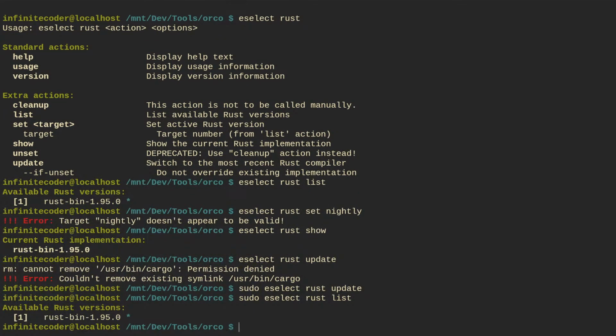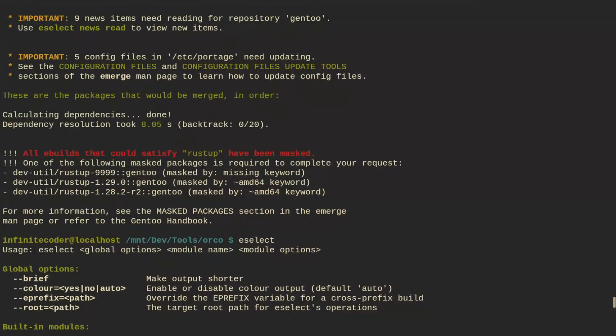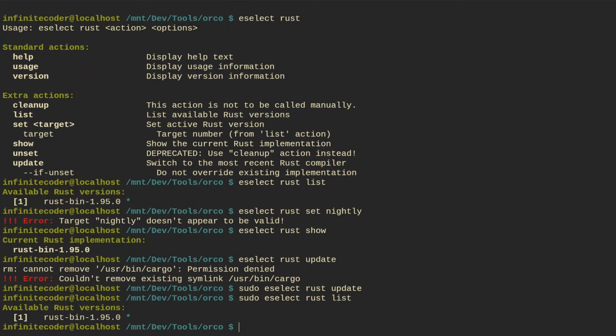How do I update to nightly, or do I just unmask the package? This section is not too big for me. Unset update, separated use cleanup instead. Cleanup is not supposed to be used. Okay, I guess I just unmask this in amd64.